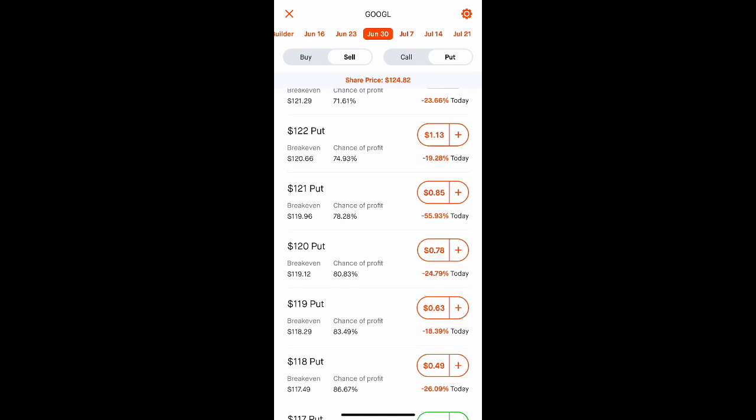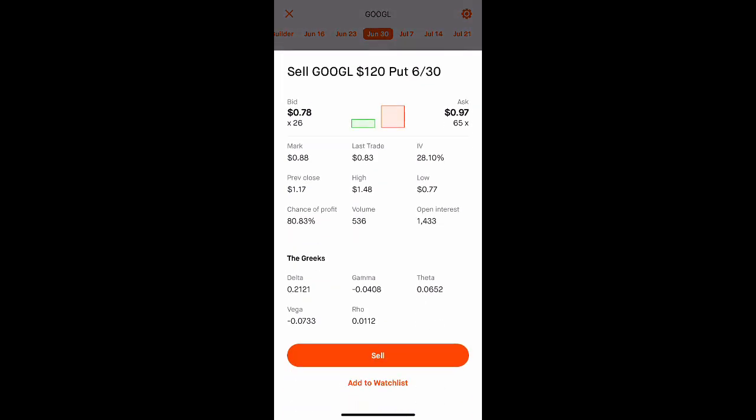So let's just say we wanted to buy Google here at $120 a share, and we went 2 weeks out from right now because tomorrow is going to be June 16th. So we would go 2 weeks out to June 30th here, and you would click on this $120 put. And on that number on the right there it says 78 cents, but you times that by 100 because each options contract is executed at 100 shares. So we would click on the $120 strike price. We would hit sell